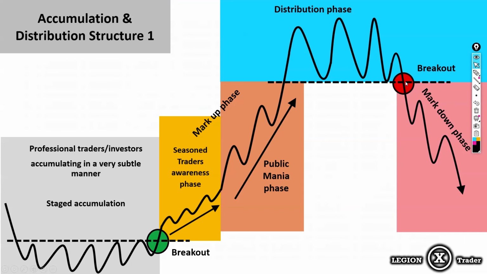When we talk about accumulation and distribution structure, this also means understanding where the professional traders and investors are actually buying and selling. If you trade along with this smart money, then of course you get to profit along with them. So let's say, for instance, we start at the accumulation stage,